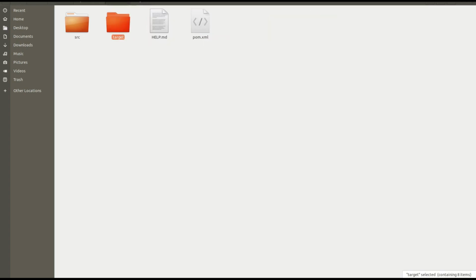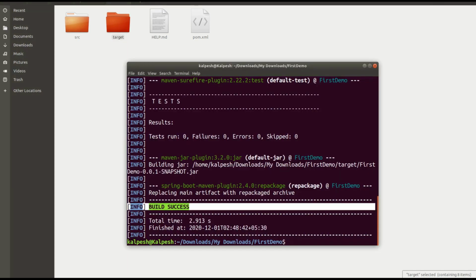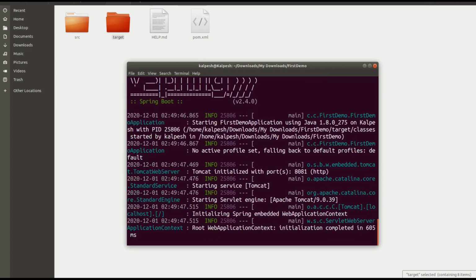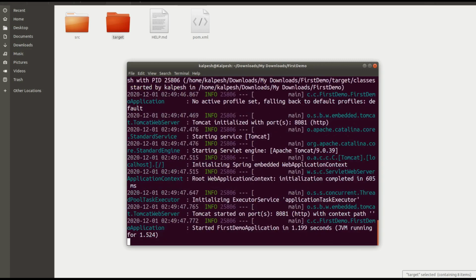First of all, how to run our application without the jar file. I just want to run my application with some basic commands. So I can simply tell my application that I just want to run my Spring Boot application. I can use mvn spring-boot:run. If I hit this command, it will load your project and help us run our application. Now if you see, your application is running on port number 8081.